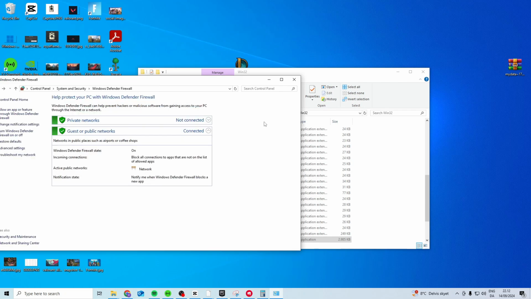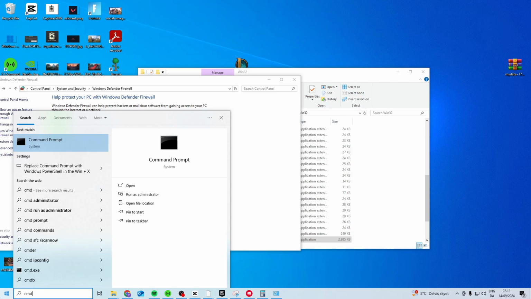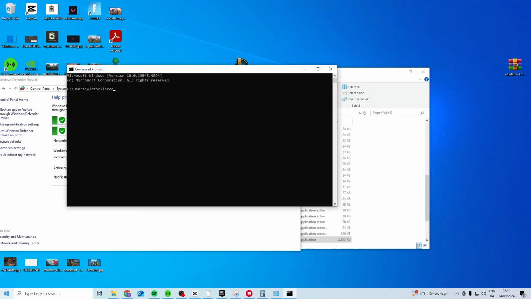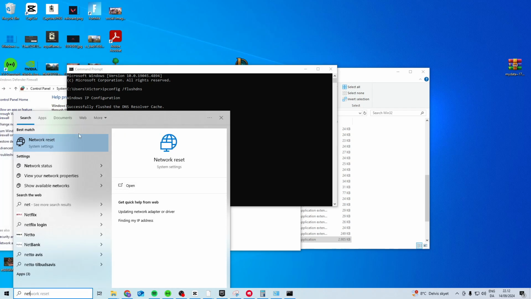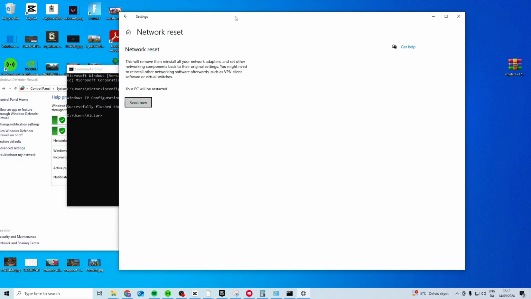Now, if this still doesn't work, what we can try is we can open up CMD, type CMD, type ipconfig/flushdns, press enter, and then try again. Now, if this still doesn't work, you can come down here, search for network reset, open up network reset and